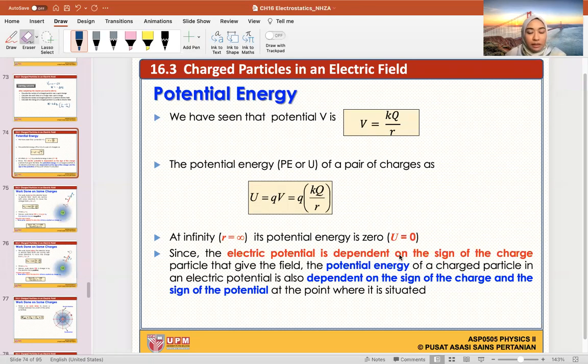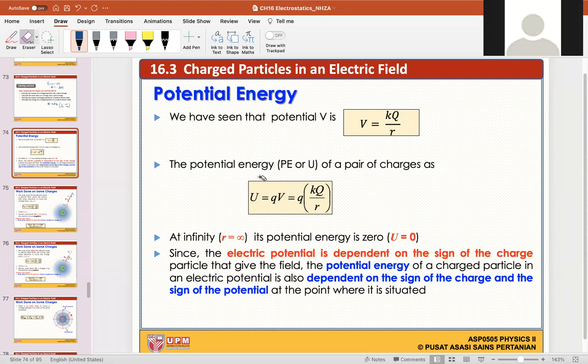Okay, so we have seen that potential V is KQ over R. This is the definition when we bring a charge from infinity to a point R. Remember, if we bring it from infinity, there's no E there, the V is 0, which means that we cross out something and we are left with KQ over R. We've talked about that before. And then the potential energy PE or U of a pair of charges is